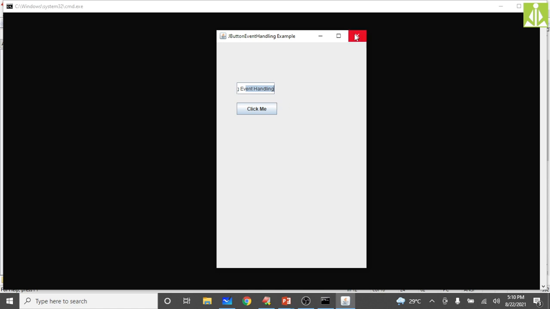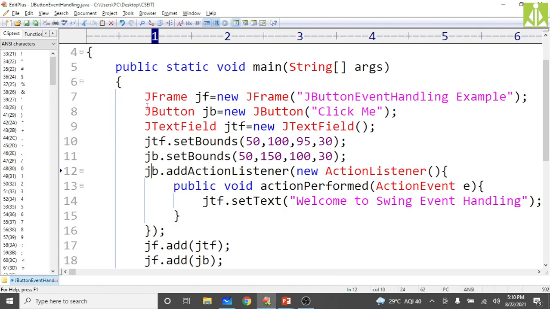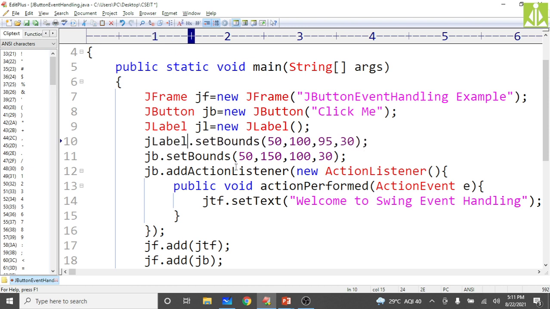This proper message we are getting, whatever we have written, when we are generating that event, you are getting inside the listener. Okay, you can even do it with the help of a label, I guess, over here. So how do we do that? Instead of text field, take JLabel. Okay, new JLabel. So set the label.